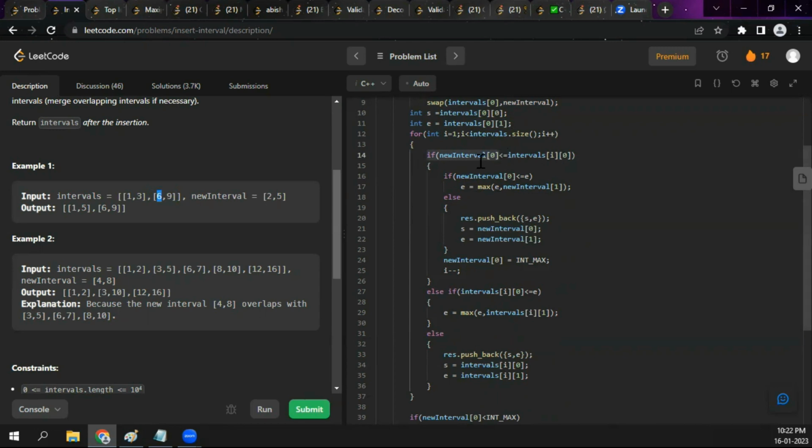So if the new interval is smaller than the interval which I am going to process, then we have to first process this new interval. Meaning this new interval comes first, and then the current intervals. Now, if this condition is satisfied, we will come into this if, and we are checking if the starting value of the new interval is less than or equal to the end value of the interval,